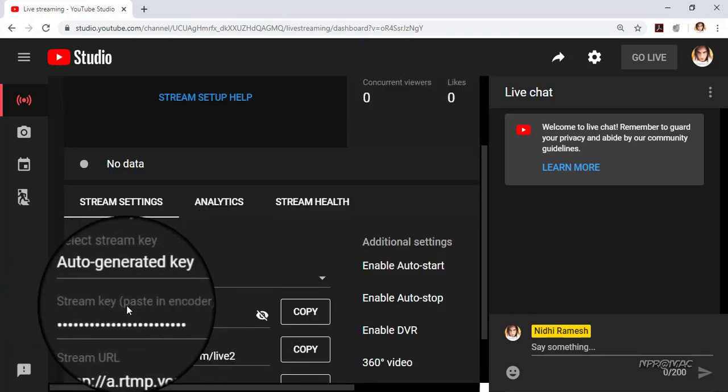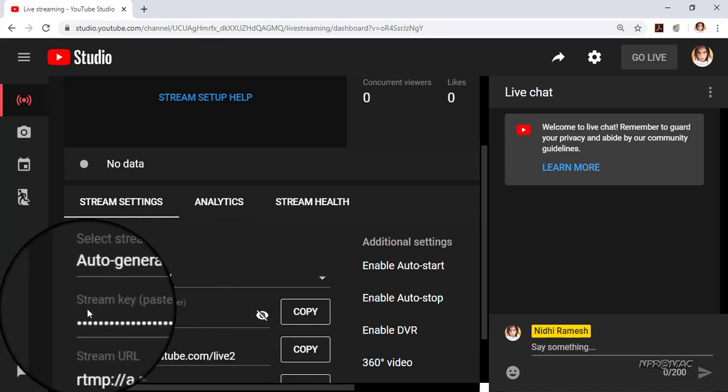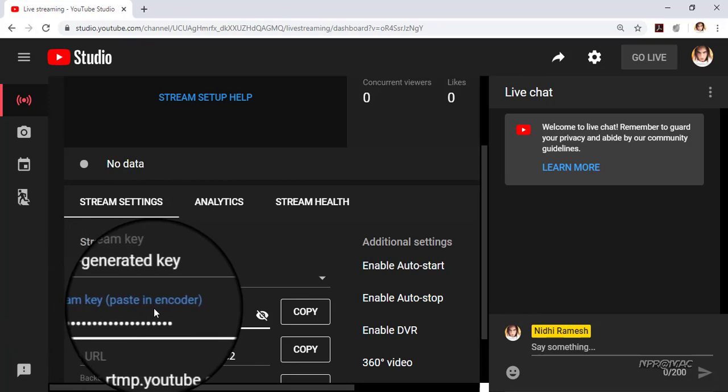In the upcoming window, you will see a stream key box. You can copy the key using the copy button and paste it on a text file.